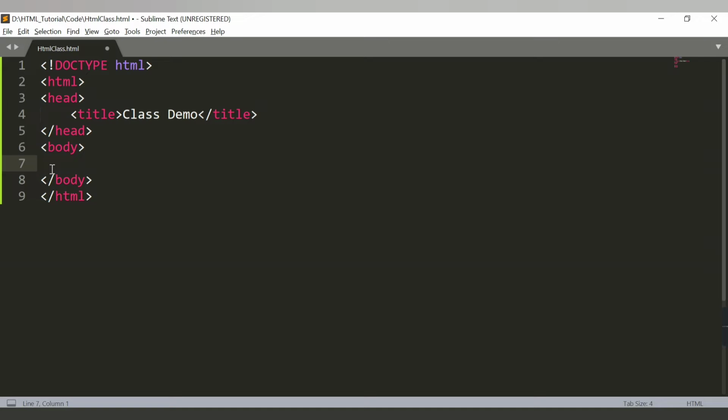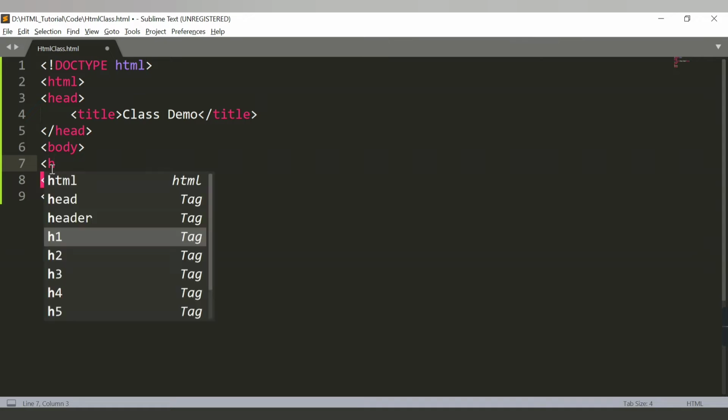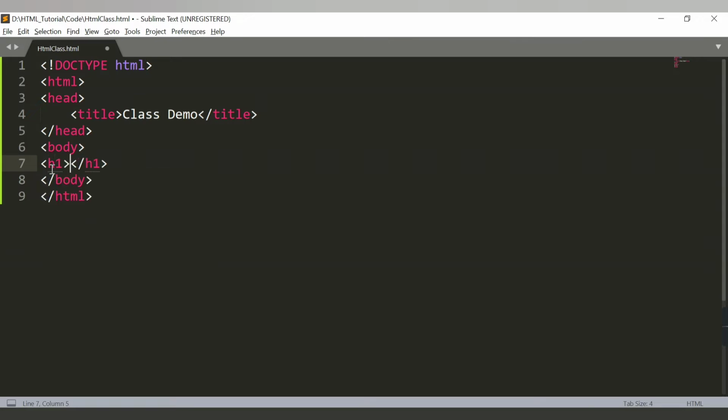So consider in the body tag we have different tags like we have learned before. Let's say we have one heading tag h1, and here we will write some content. So let's say HTML. After that we will add one paragraph p tag, and here we will say hypertext markup language. Let's add more paragraphs here, one heading tag and paragraph tag more.